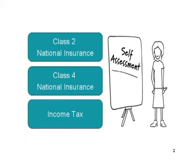When you use the online tax return, it works out how much Class 4 national insurance and income tax you have to pay as you fill in your details. You'll find information about the rates for national insurance and income tax on the gov.uk website in the Money and Tax section. Before I explain the tax relief available for you, I'll say a little bit more about profit from